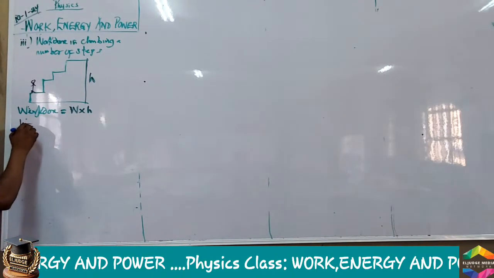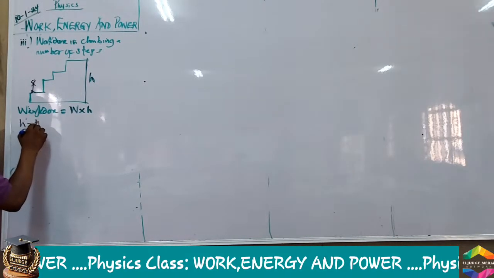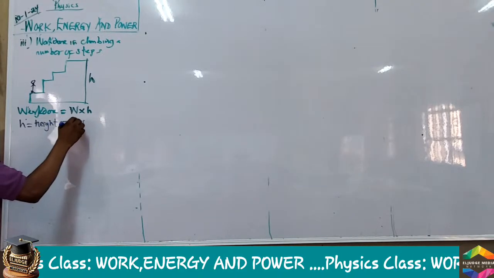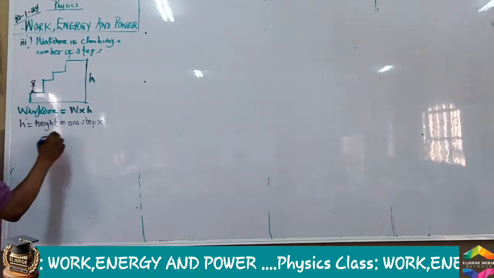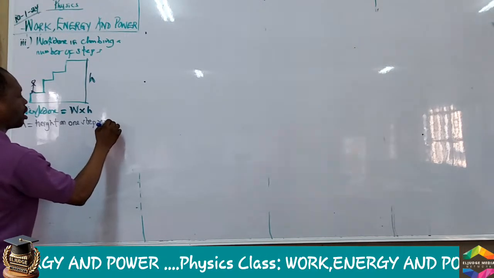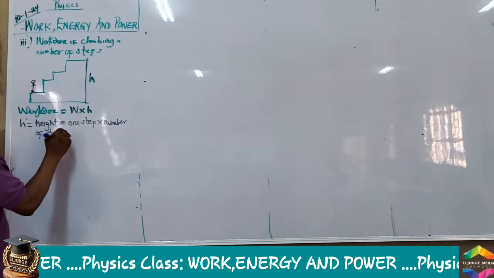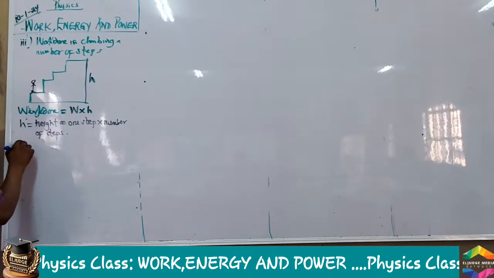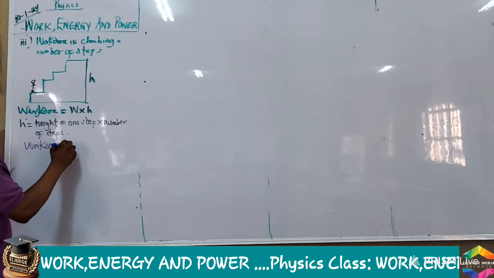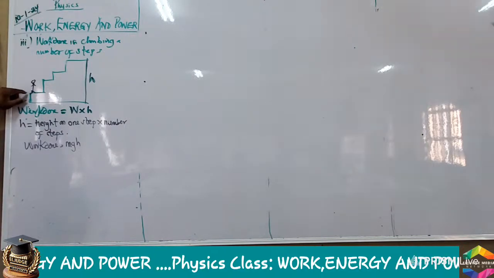So we say h is equals to the height of one step times the number of steps, in this case. So we can write our work done equals to mgh. In case, let's say the height of one of the steps is